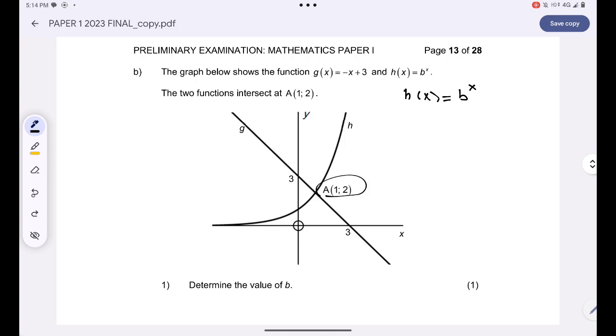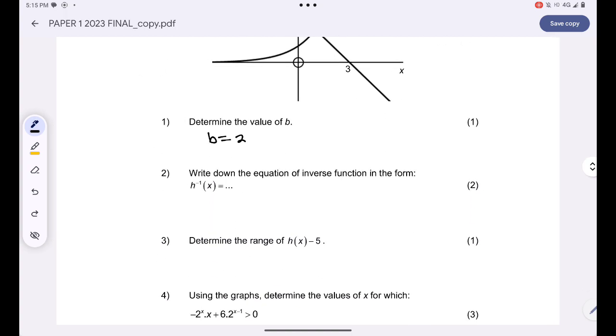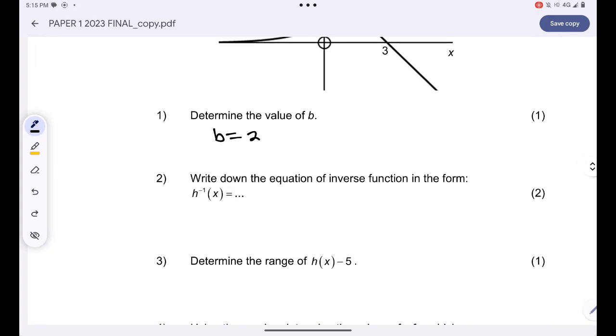I do have a point on h of x whereby y is 2 if and only if its corresponding x value is 1. So therefore b is equal to 2. B is equal to 2, né? Okay, and then now I'm supposed to write down the equation of the inverse function of h of x in terms of h. If h of x is equal to 2 to the power x, for me to find the inverse,